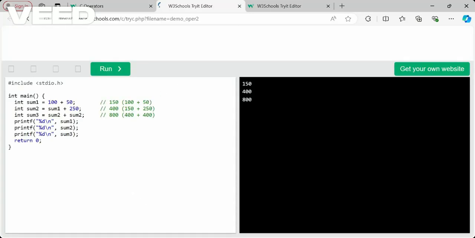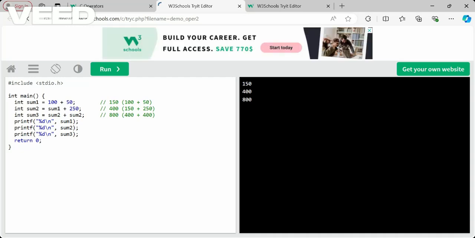In sum1 we are adding two integers directly, the number values, and in sum2 we are adding the first integer sum1 plus another number 250, and in sum3 we are adding sum2 two times, that is 400 plus 400, 800. These are the values we get as the result.